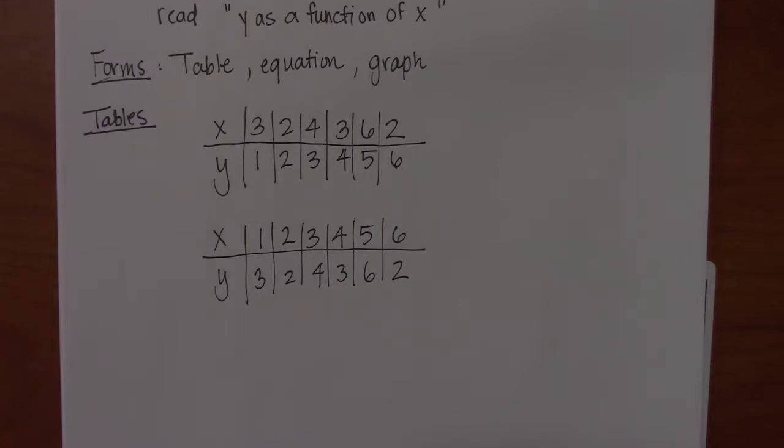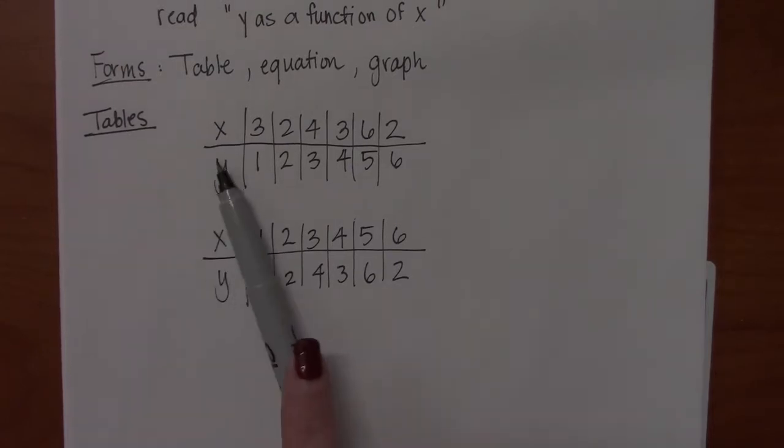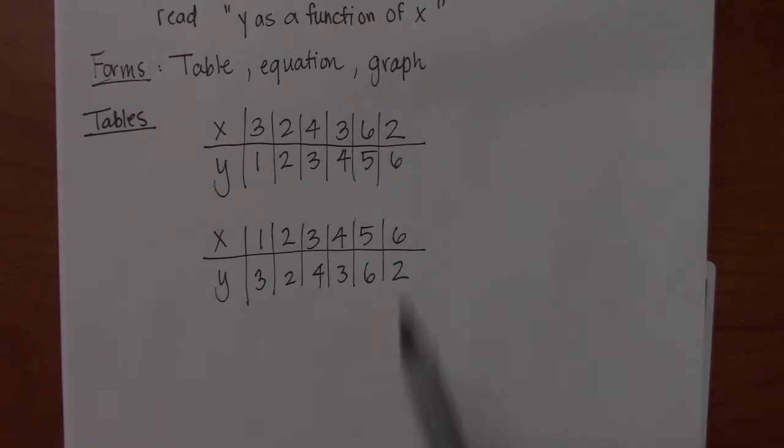The definition of a function is that the input variable is only allowed to map to one output variable. The way you figure out very quickly if you're looking at a table of values whether it's a function is you only need to scan the row of the input variable, and no value is allowed to appear twice, right? So if we look at this first one and scan across these values,